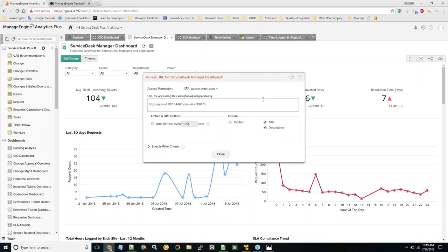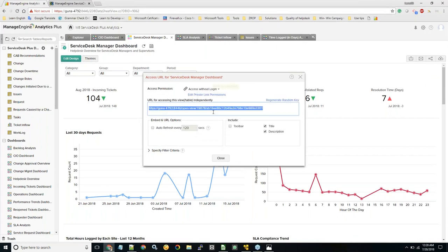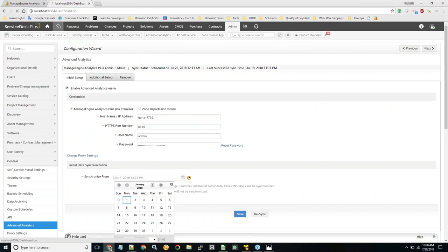Once you select URL, it's going to give you two options: whether you want to let the user access this dashboard with logging into the tool, or without logging into the tool. I'm going to let the user not log into the tool, because I want to give him flexibility to access the report without having to log into Analytics Plus. I would copy this URL which is formed, and go to the dashboard section of ServiceDesk,